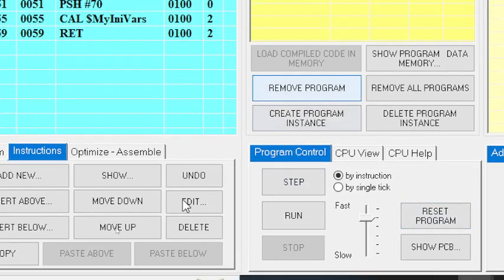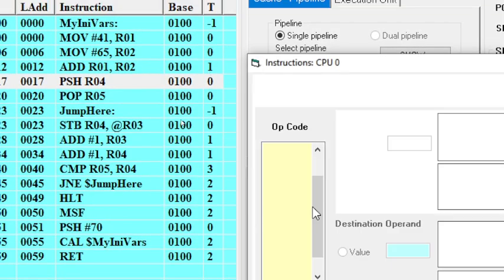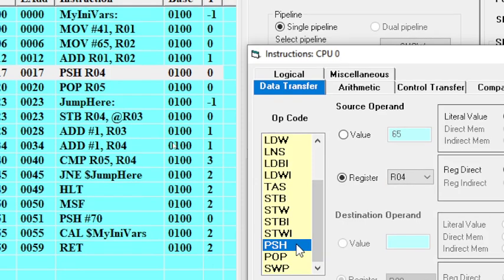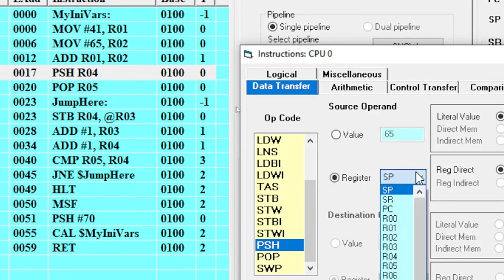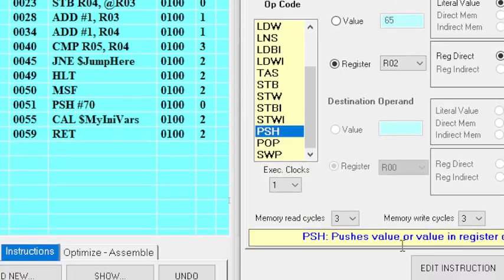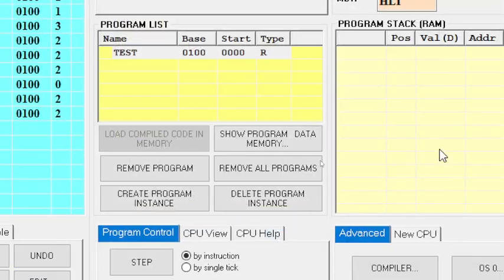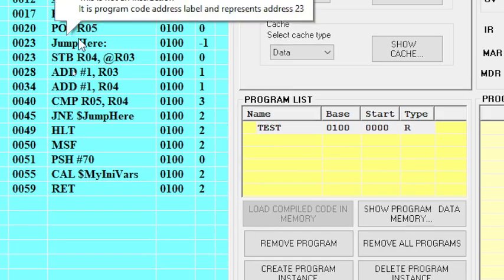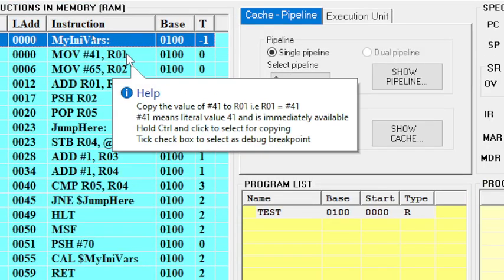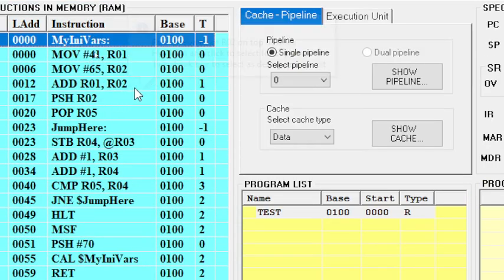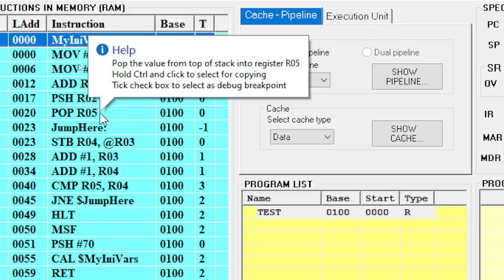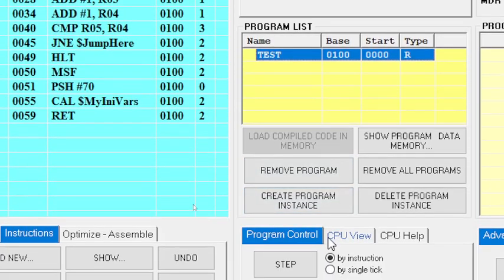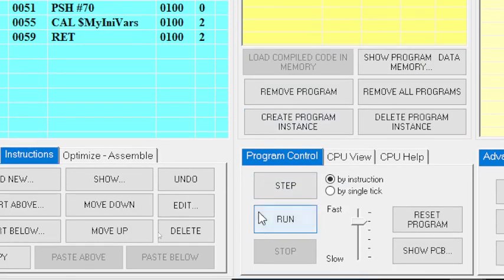So we are going to edit this, and we're going to push that value of R02 into the stack. So it will push the value here, which is the sum of this, 106. After that, you are going to pop that one into R00.